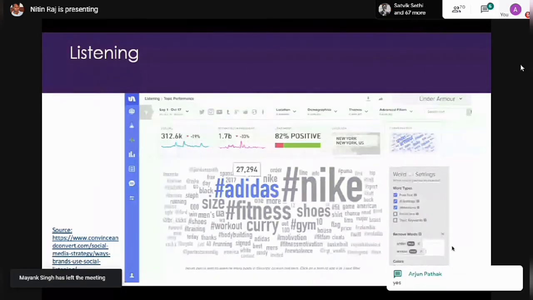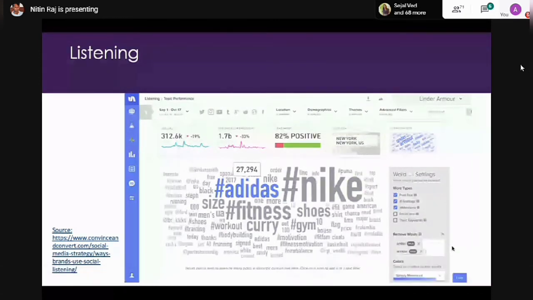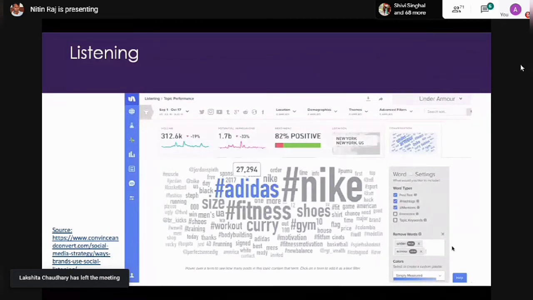What social media does is users find users. Consumers find consumers by themselves. When you have influencers and people following those influencers, then the company comes into the picture and starts advertising. So for companies, it's very important to listen to customers about what is trending and how they're interacting on social media channels.